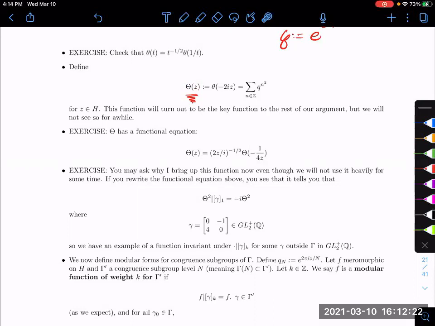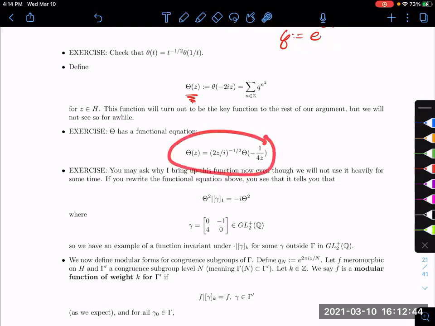Okay, so you may ask, well, why are you bringing big theta up now if we're going to have to do a whole bunch of stuff before we even get to see why it's an important function? Why didn't you just wait to bring it up? Well, first of all, I want to be a tease a little bit, but that's not really it. The big reason is,